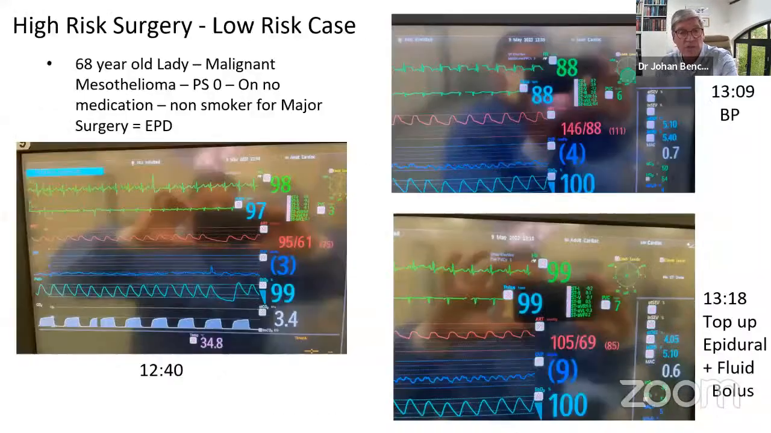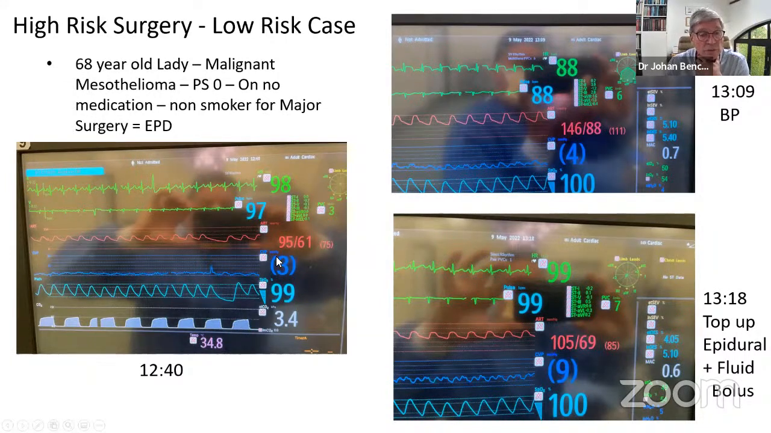Just watch out for your temperature as well. Just another case to show you was a 68-year-old lady with a malignant mesothelioma. Unfortunately, I do only cardiac and thoracic anesthesia, so my non-cardiac anesthesia is all basic thoracic anesthesia. This lady was performance status 0, so she's a very fit lady. She's on no medication, non-smoker, but she had a mesothelioma, and she was for major surgery,